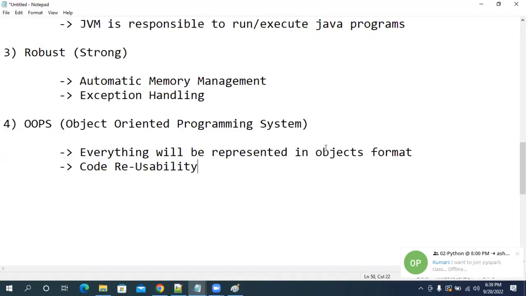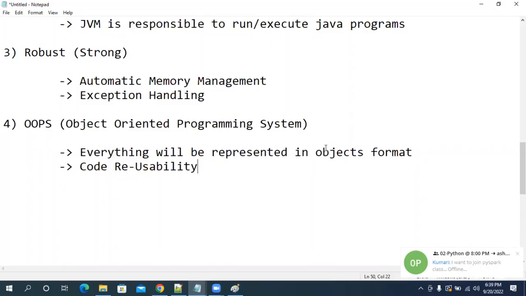Java supports those four principles. That's why Java is called an object oriented programming language.